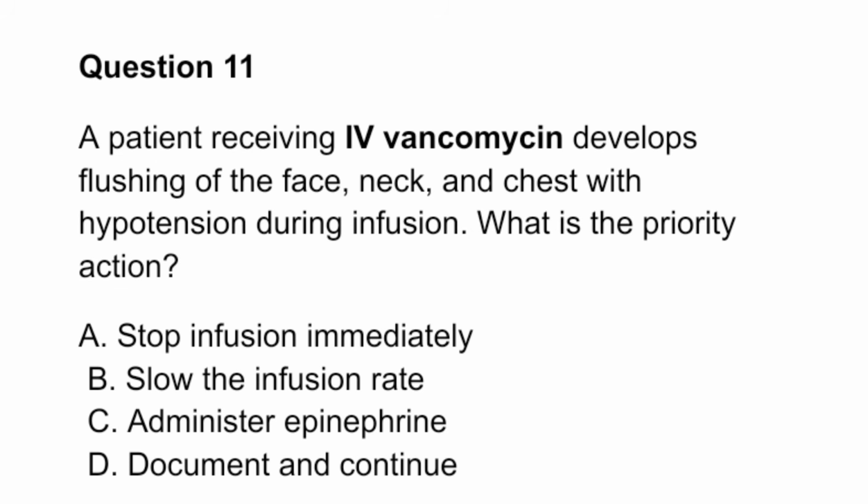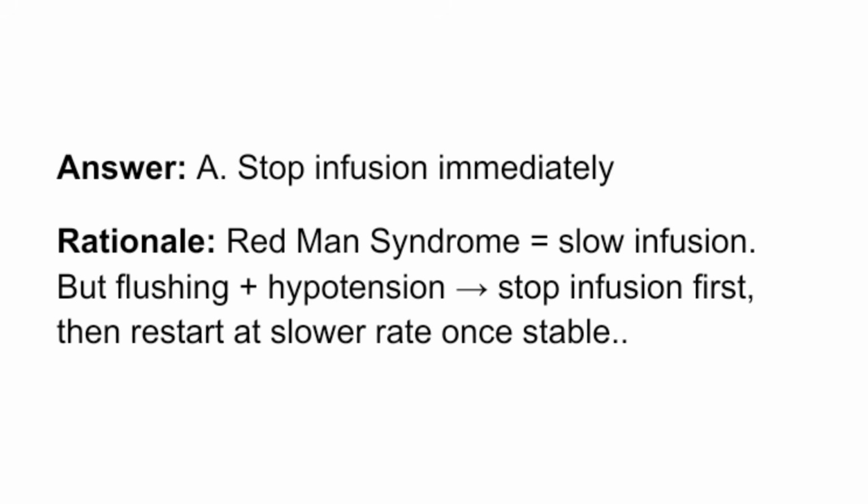Question 11. A patient receiving IV vancomycin develops flushing of the face, neck, and chest with hypotension during infusion. What is the priority action? A. Stop infusion immediately. B. Slow the infusion rate. C. Administer epinephrine. D. Document and continue. Answer A. Stop infusion immediately. Rationale: Redman syndrome equals slow infusion, but flushing plus hypotension equals stop infusion first, then restart at slower rate once